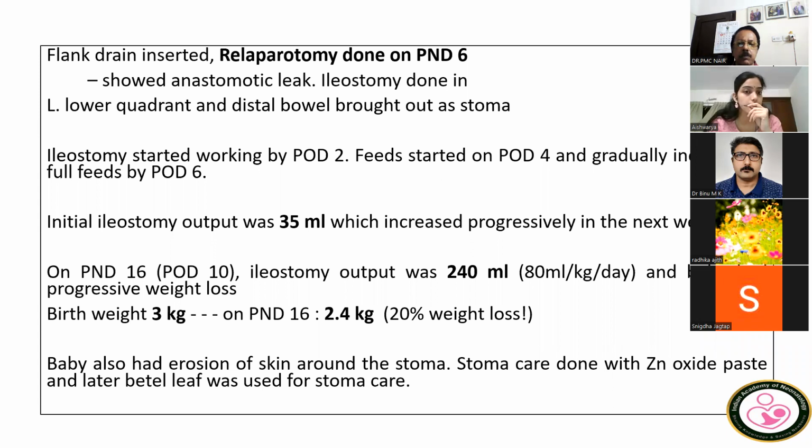Ileostomy started working by post-op day 2. Feeds were initiated on post-op day 4 and gradually increased. Baby attained full feeds by post-op day 6. Initial ileostomy output was only 35 ml, but it progressively increased in the next week. On postnatal day 16, that is post-op day 10, ileostomy output was 240 ml, which was 80 ml per kg per day,